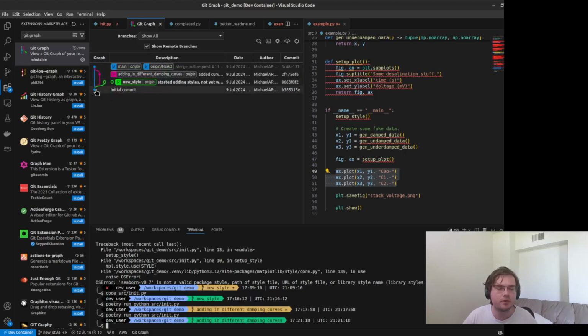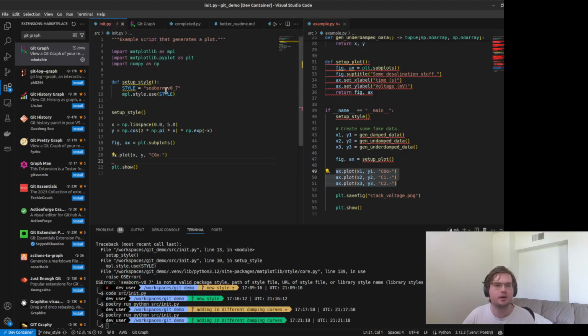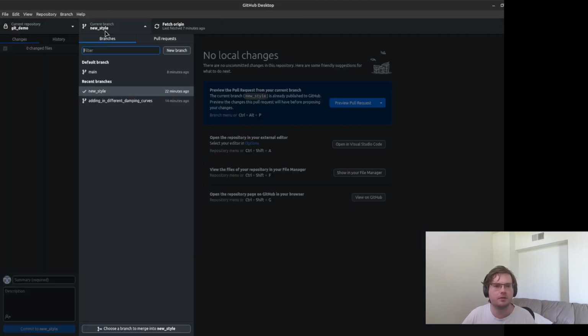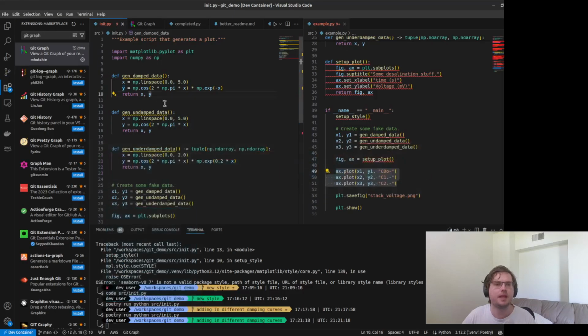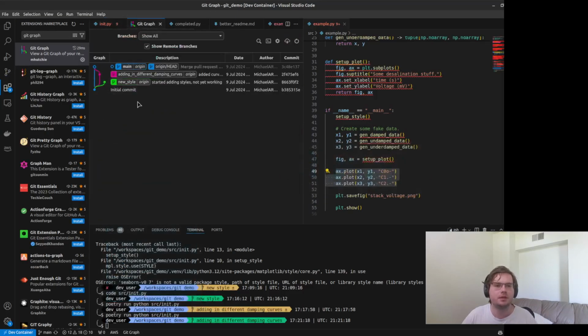But then we also, from that initial commit, branched off and made an adding in different damping curves branch. And then you can see that we merged it back in, and that's what created this new commit at this point on the main branch, which is the thing that we're showing. Actually, not right now, because I'm on a different branch. But if I open up the main branch again, then that is where we're at right now. You can also see that it's now changed to show that that is the active commit by having that circle not filled in anymore. So this is a great way of visualizing exactly what's happening.